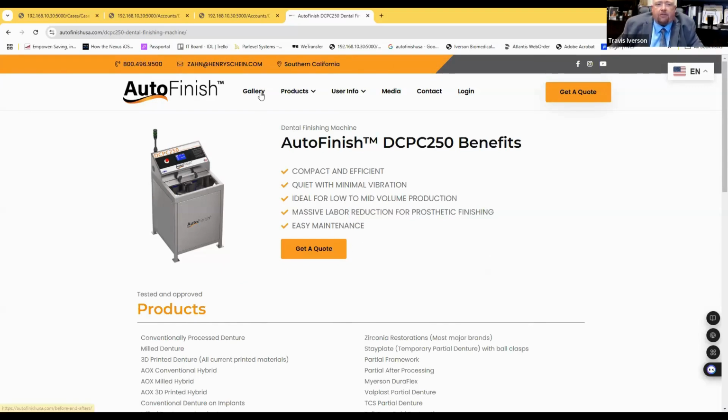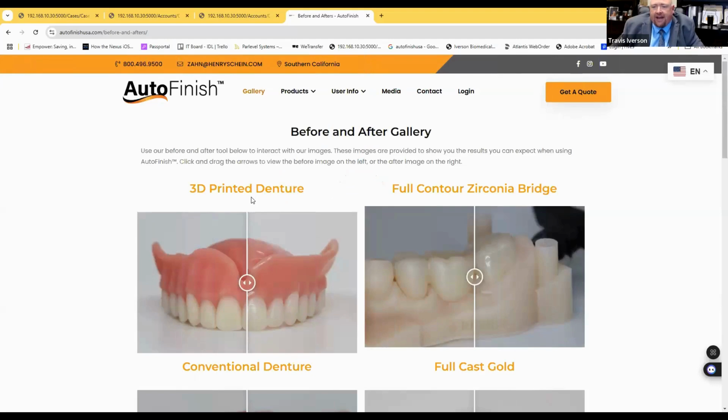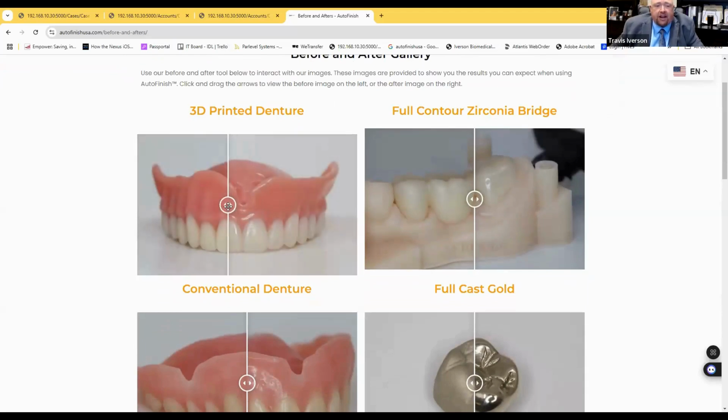Going through some of the products, I want to hit the gallery really quick because I'm really excited about the validated materials and products that continue to grow and that we continue to validate. So this is a PolyJet 3D printed denture. You've got your Trusana 1, your TrueDent, all of the PolyJet prints. You can actually take this from the build tray, remove the support material, and go directly to a high shine polish,